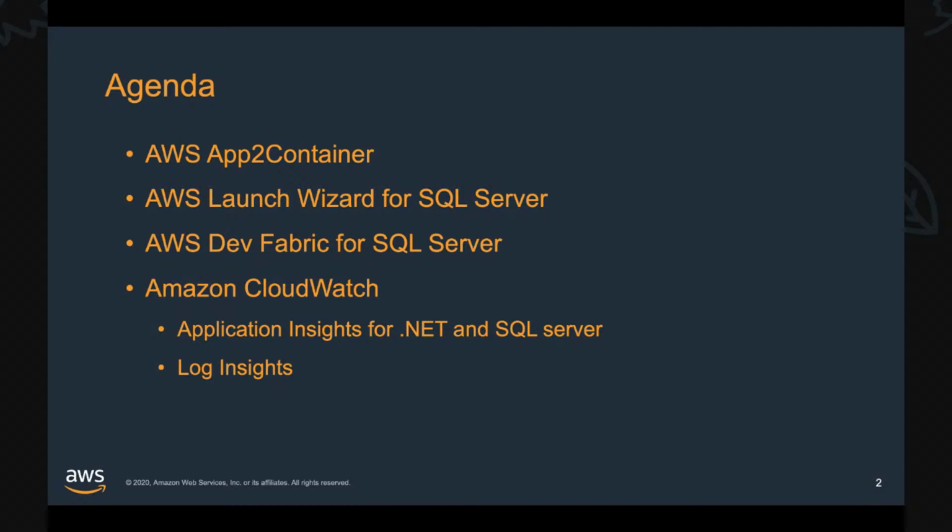And the last part would be around Amazon CloudWatch. And there are two nice features that I really like to cover. One of them is application insights for .NET and SQL Server, and the other one will be CloudWatch log insights. So let's start.